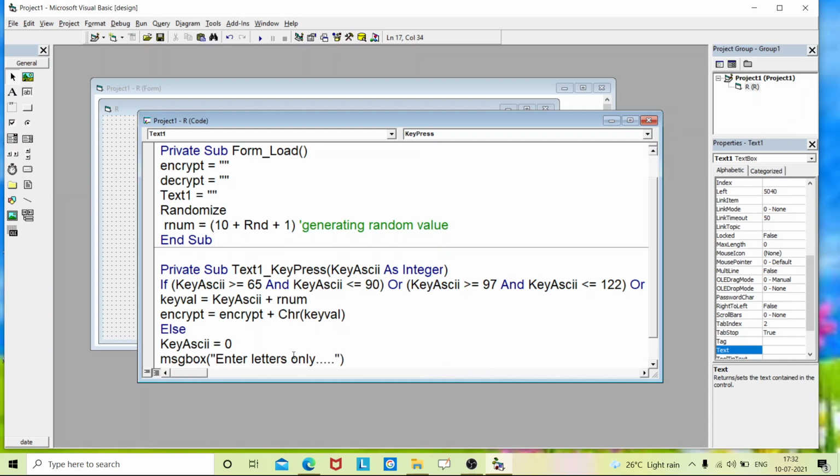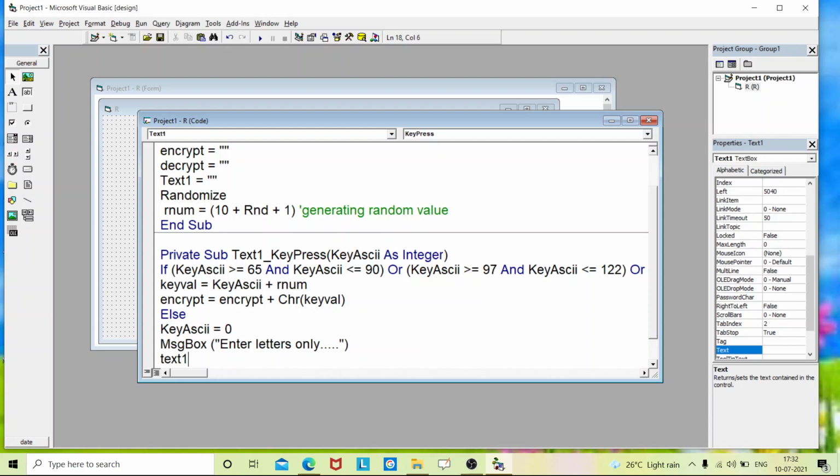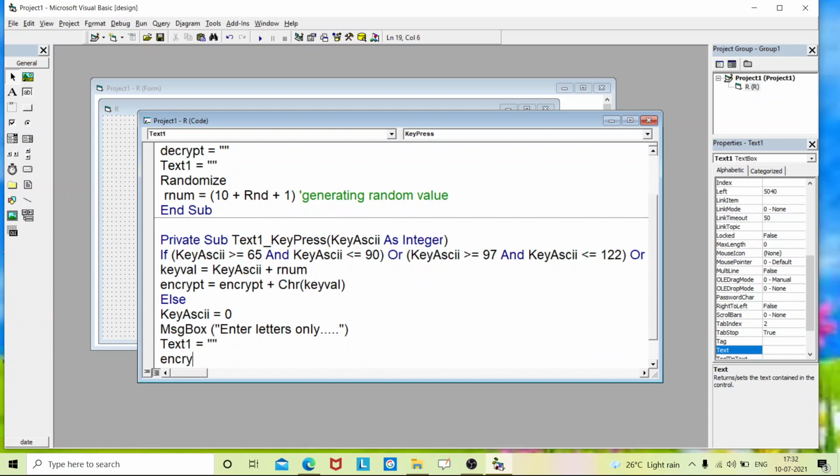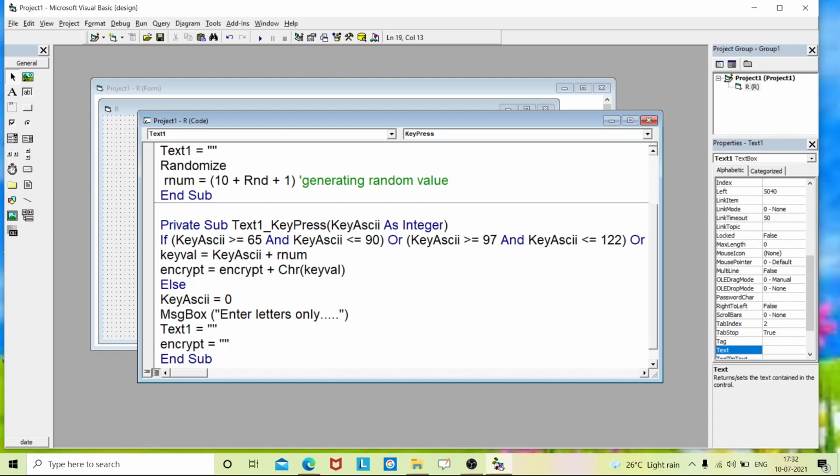Then empty your text box, and encrypt value equals 0, that is empty. Now we'll close the If condition with End If.